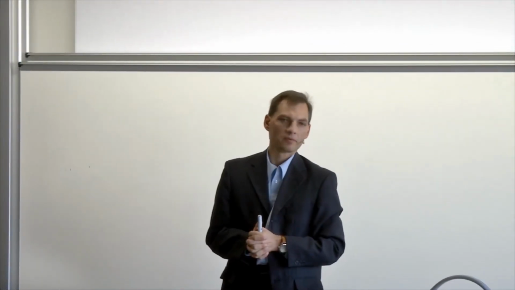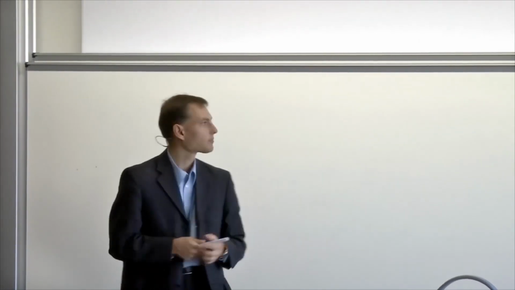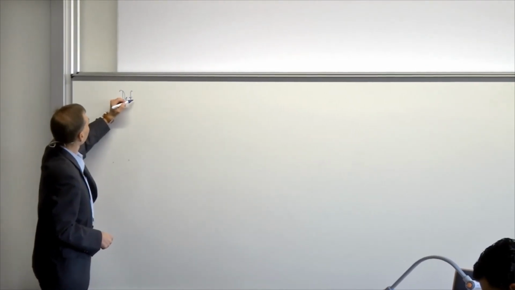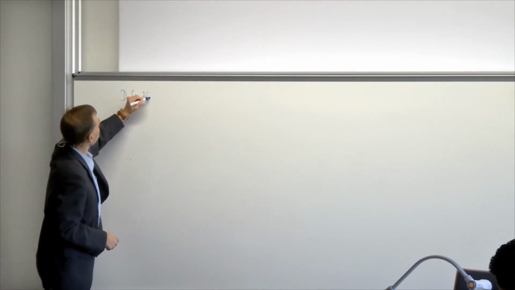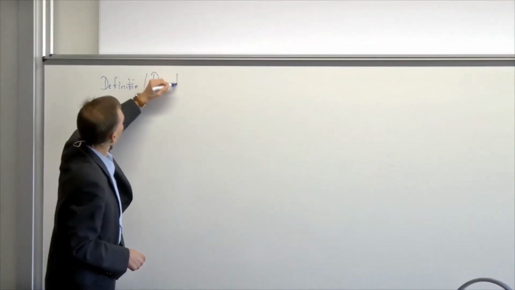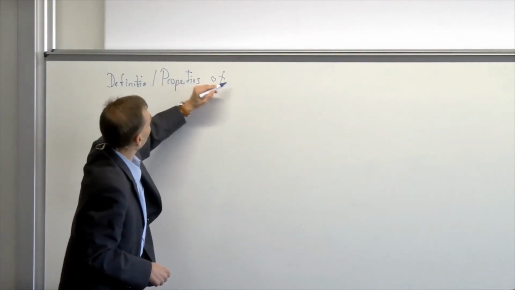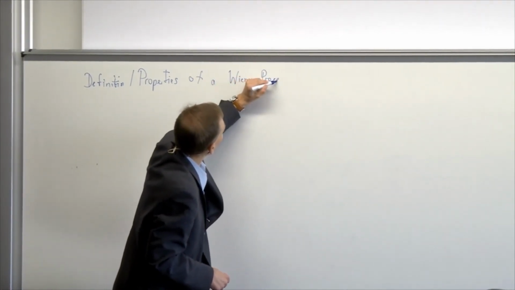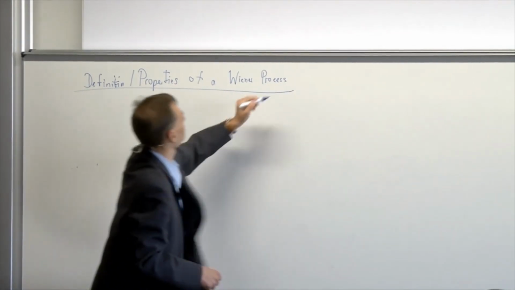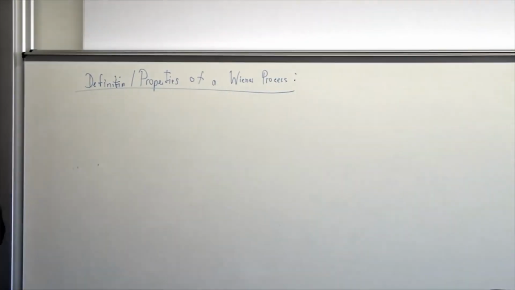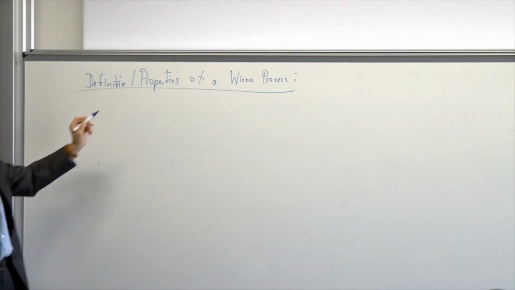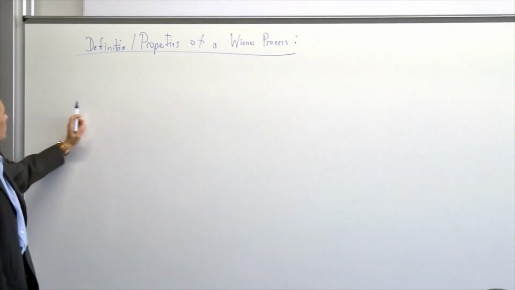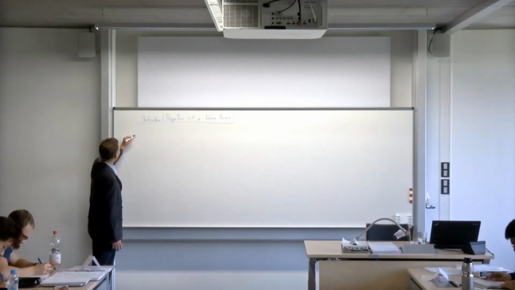Okay, now let me define what we call a Wiener process. So, the definition, or you can say the properties of a Wiener process. Basically, there are 4 points that define a Wiener process, or the properties of a Wiener process consist of 4 points. The first point is,